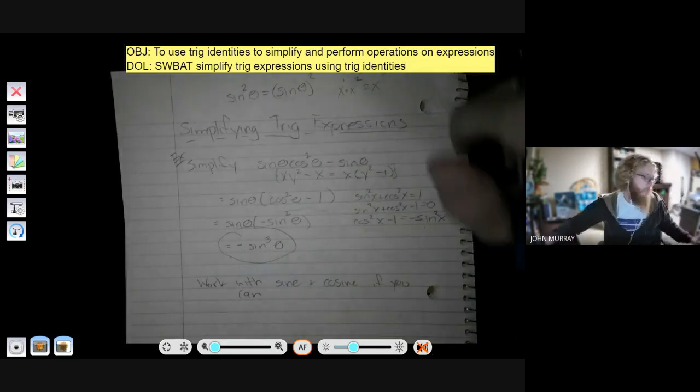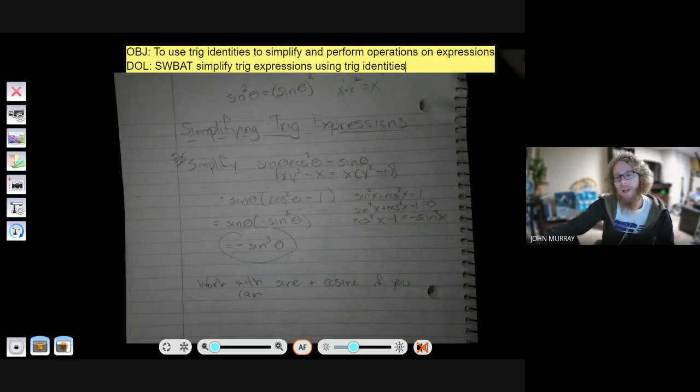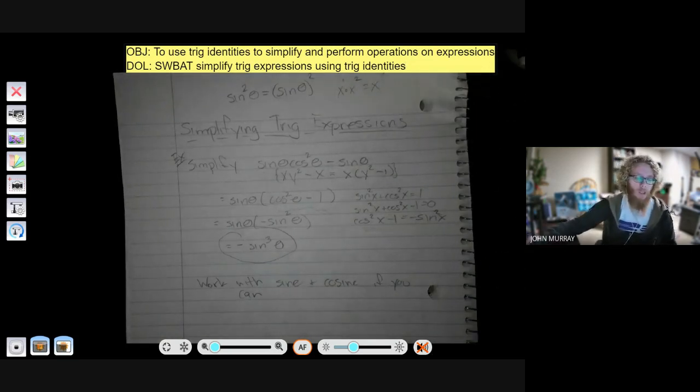My hint, from dealing with this stuff for as long as I have, for anything with trig is to try to work with sine and cosine if you can. They're at the bottom of the pyramid of trigonometry. They're the base, they're the solid. You can't get any more simple than sine and cosine. So if you change everything to sine and cosine, then you can see the relationships and you can manipulate it